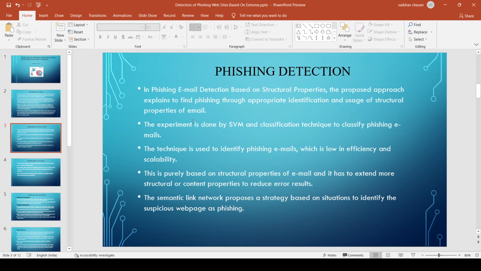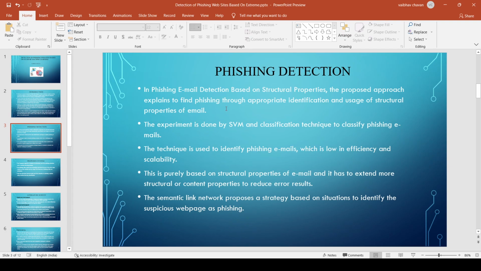Basically, the email is passed to the user. When he accesses the email, he gets diverted to the unwanted site, and he or she does not understand that it's a duplicate or fake site. He enters his credentials and gives his valuable data to someone who can misuse it.